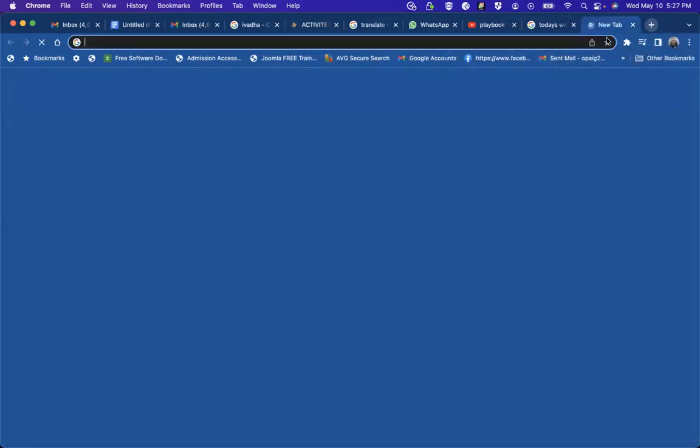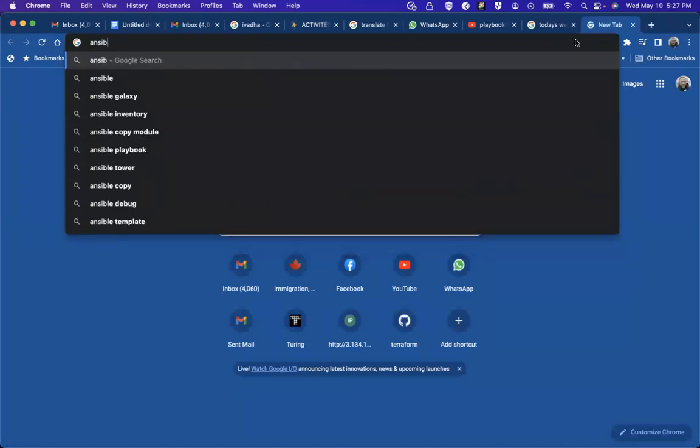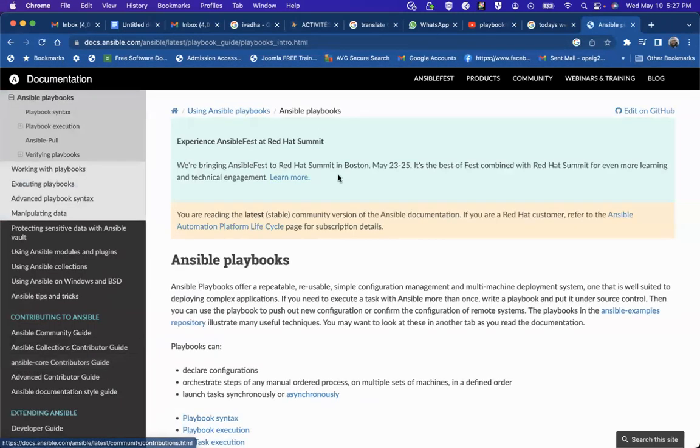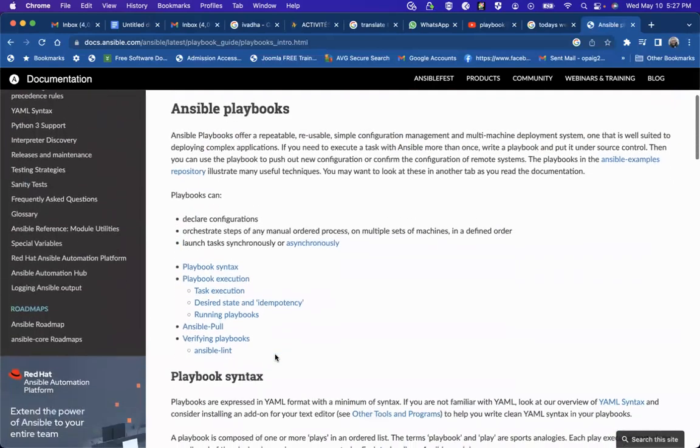If you go to the Ansible site, Ansible playbooks under Ansible, here's the Ansible playbook. Go for Brew. So you can understand all the things you need to use for Brew.